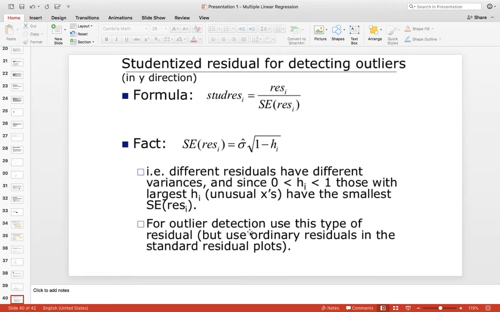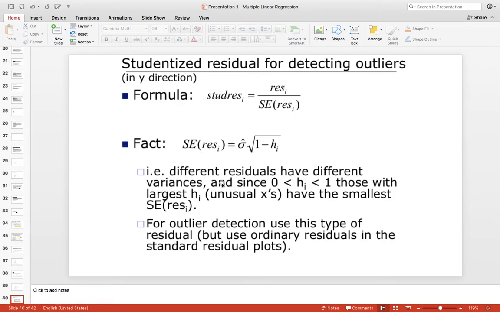So now, to detect the outliers in Y, we use the studentized residual, and you can see the studentized residual is calculated as the raw residual divided by the standard error of the residual. The denominator is obtained by multiplying the mean square error by 1 minus h_i, under a square root. So it is the raw residual e_i divided by the standard error, that is sigma.